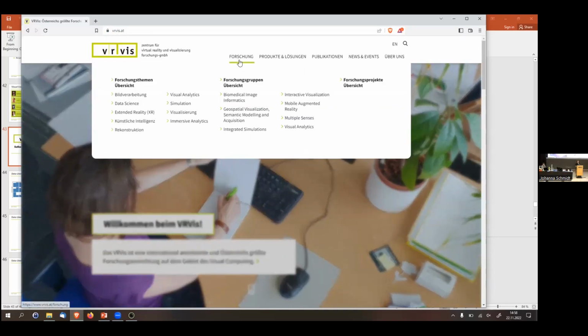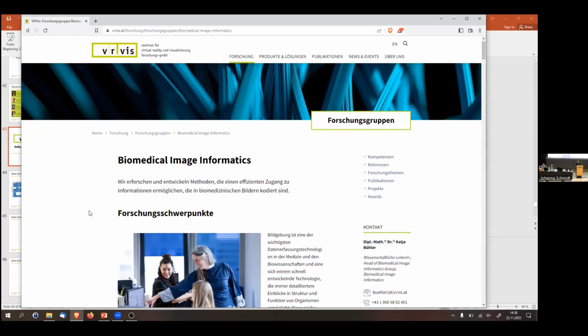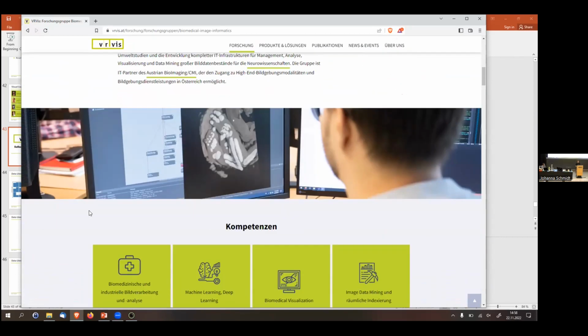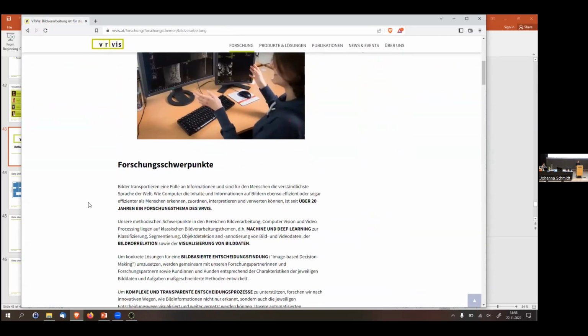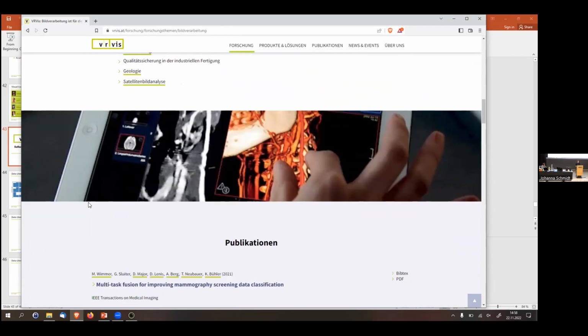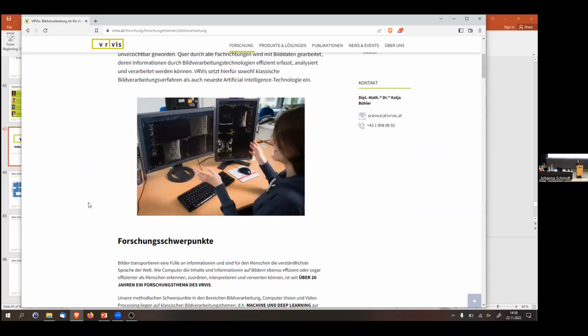Let's see if I can find a good example. So they're dealing with biomedical image informatics. That's the area they're working on. And they mainly have CT images, MRI images, and also a little bit of industrial images, because in industry you can also have CT inspections and MRI inspections. So it's usually volume data, I would say, either image-based or you really have the 3D volume. And they use AI-based techniques to detect patterns in these images. So that's roughly the